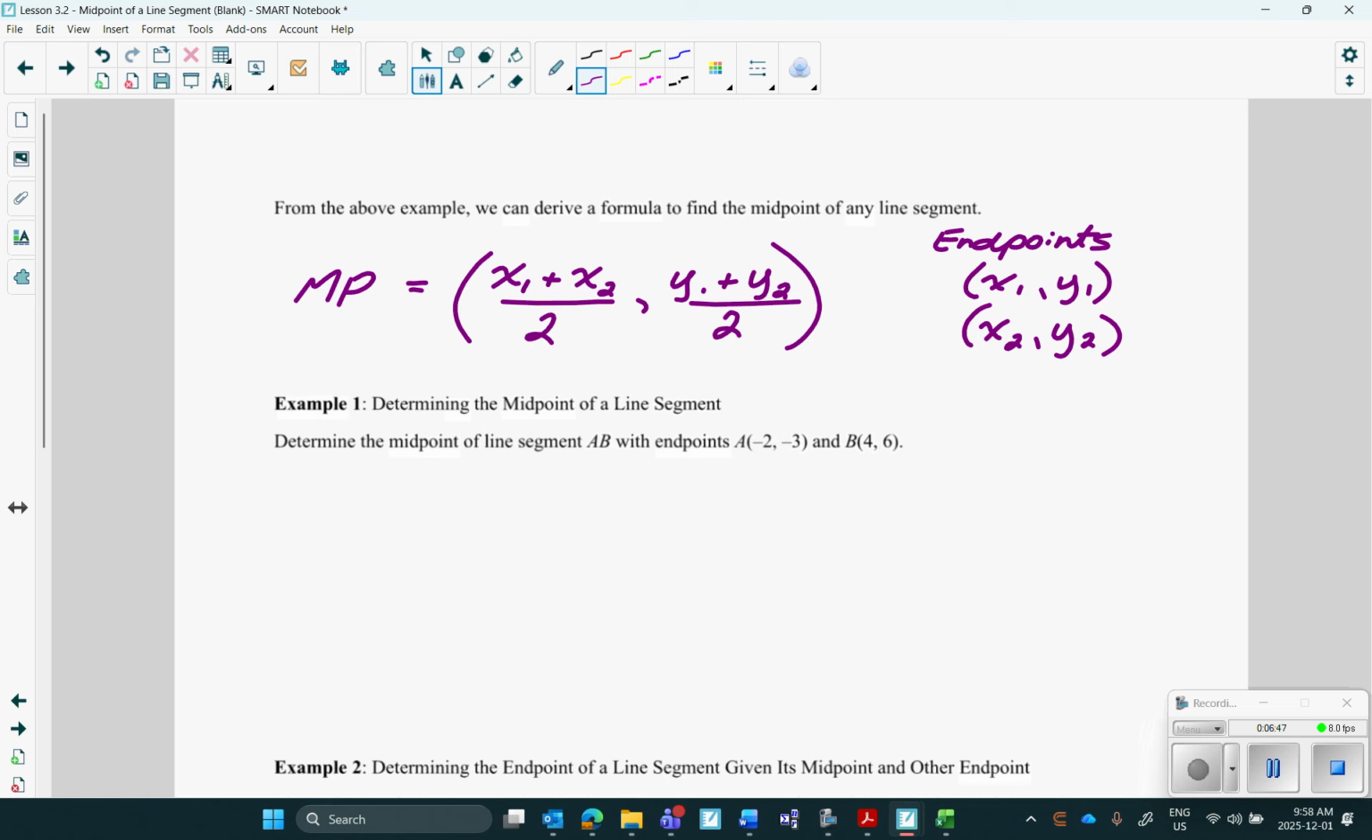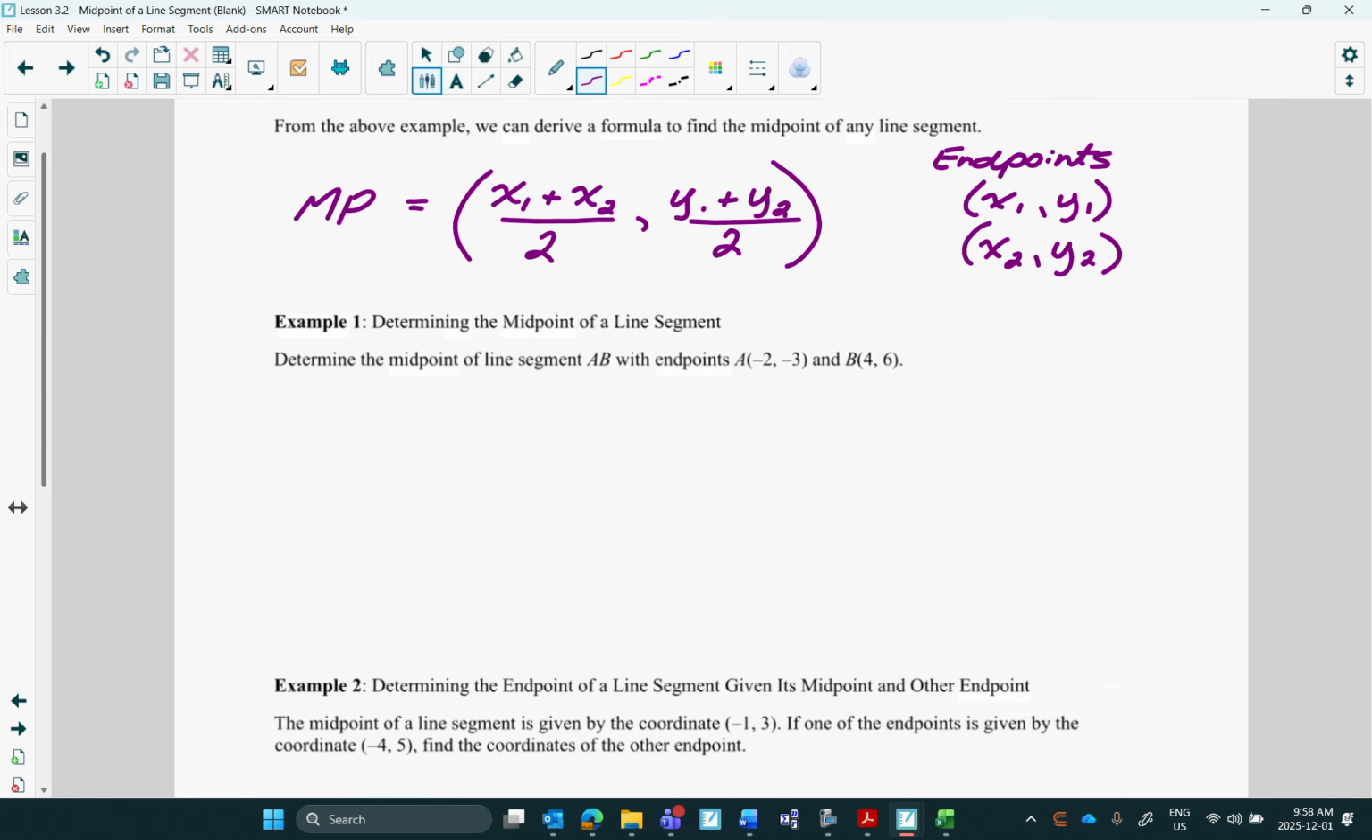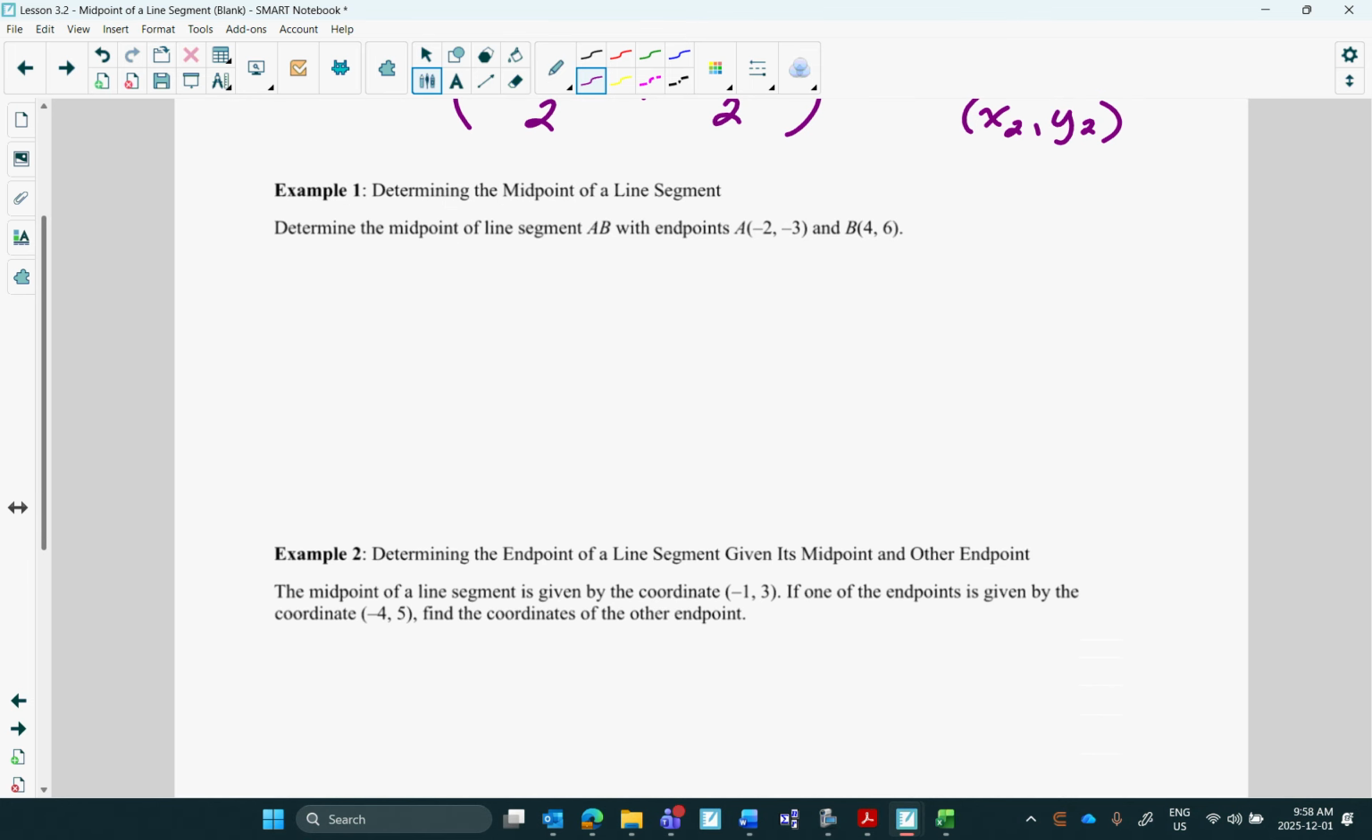Just find the halfway point between the x's, the halfway point between the y's. And we do that by adding them together and dividing by 2. So if I said this, find the midpoint of this line segment. One of the ends is here at A, the other end is here at B. So to find the midpoint of AB,